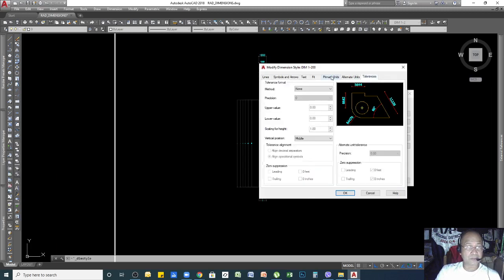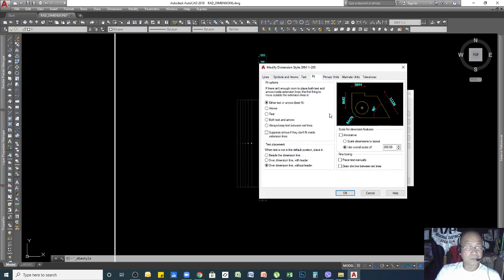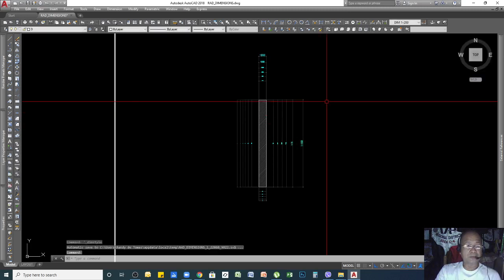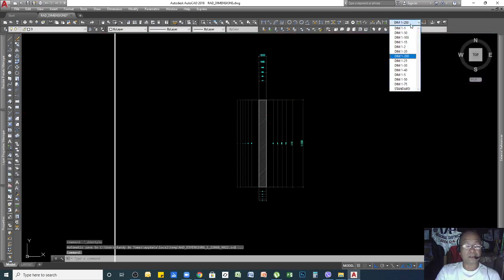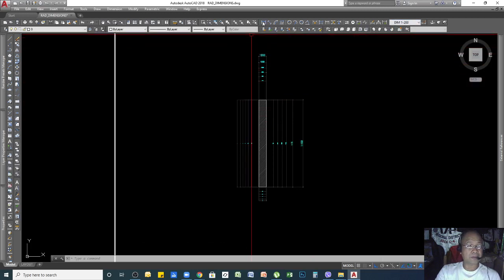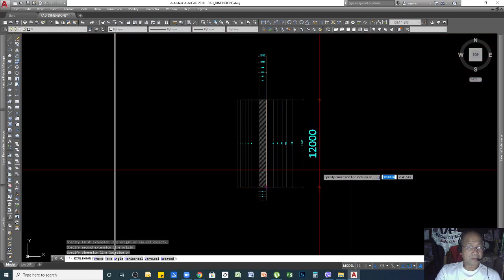That will be okay. So once you set up everything that you want to set up, you can click OK, and then the dimension style that you created will be added to this list. After that you can close. Okay, if you want to check, it is already here, so we will use that dimension style.